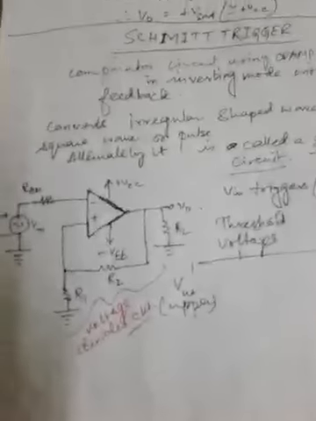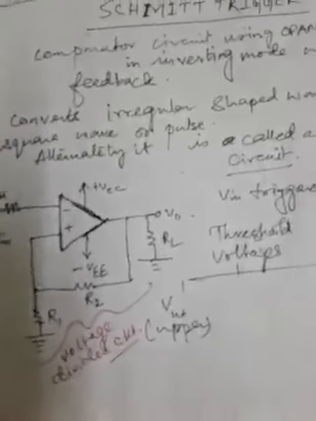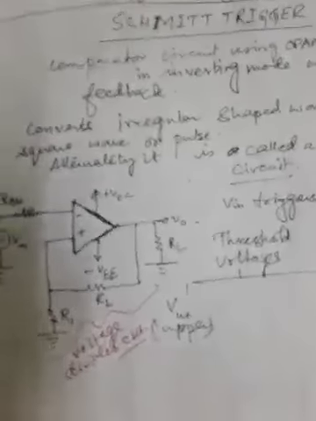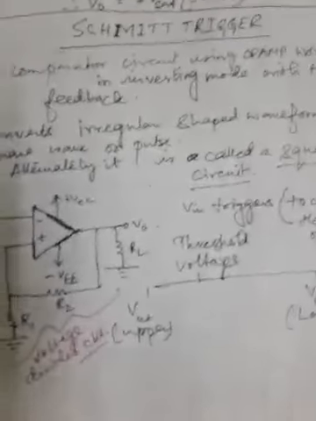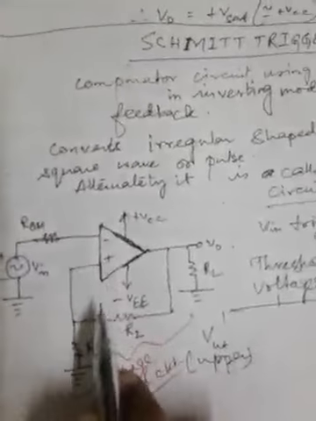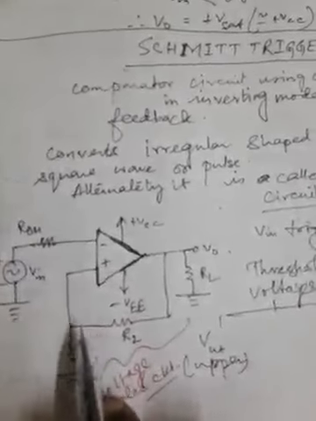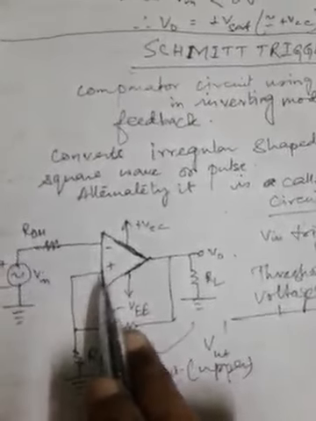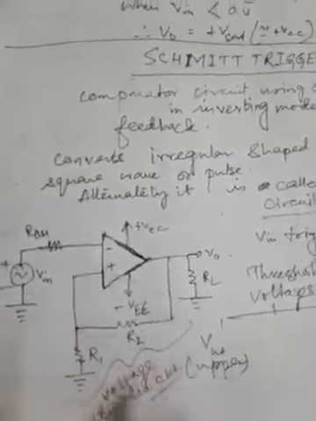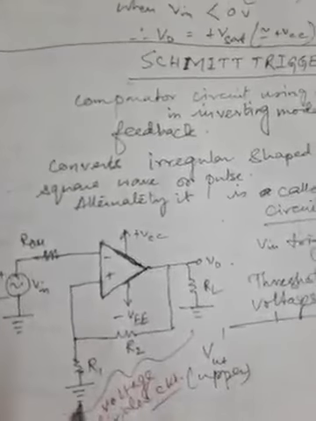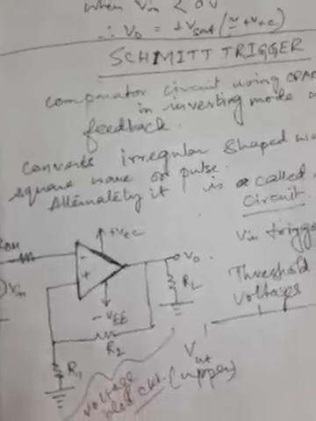And you know, for a comparator, the comparison is done between the two inputs. Here the Vin applied at the inverting terminal should be compared with whatever voltage appears at the other input, which is non-inverting, and that voltage is the voltage across the R1 resistor,